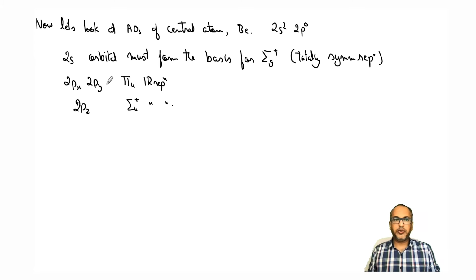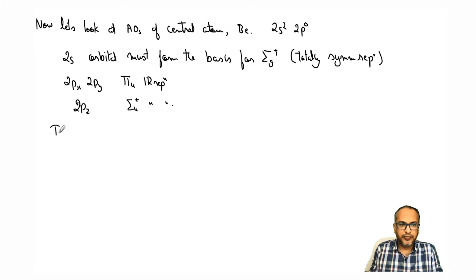So now that you have the symmetry of SALCs and symmetry of the central atom, you know which orbitals will combine with what orbitals and which will remain as non-bonding. So these will remain as non-bonding, the px and py. 2s will combine with phi g, 2pz will combine with phi u. All right. So thus we have,